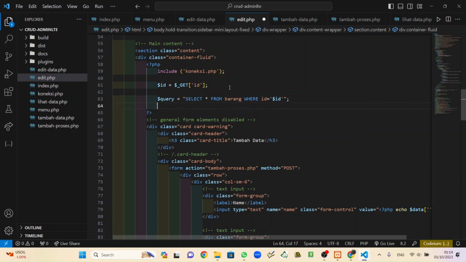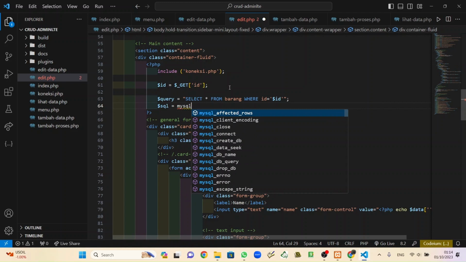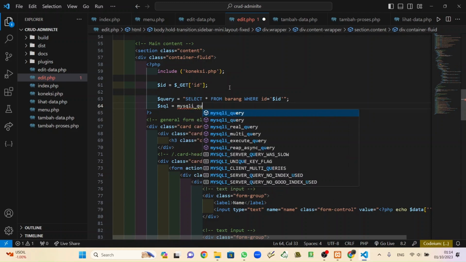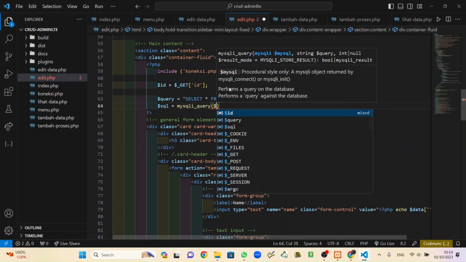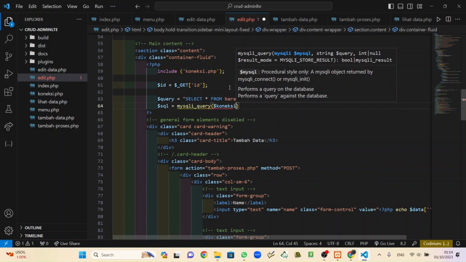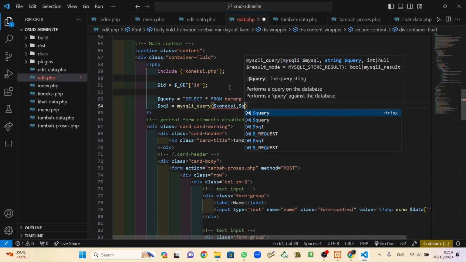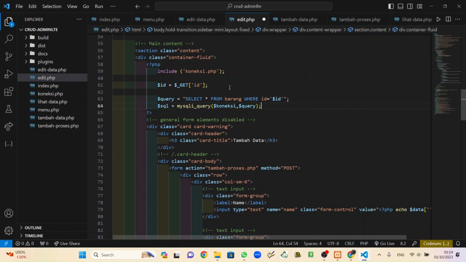And I hope there is nothing wrong with the SQL. MySQL query, connect and also query as always.